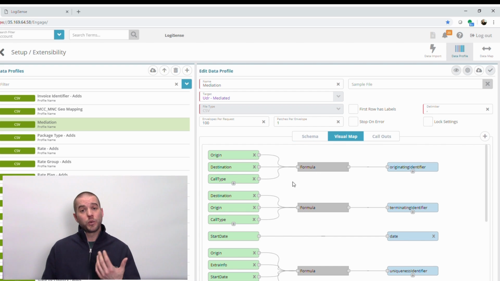Then we're going to be using what we call our visual map to take these different fields and map them over into fields that we need inside of the mediation table to be able to rate and charge those records. An example here is a uniqueness identifier. Maybe this is a SIM number, maybe a DID, maybe a phone number, maybe a license key, some kind of identifier or a combination of different identifiers that's being pulled out of that feed to be able to map this back to an account that has this service,